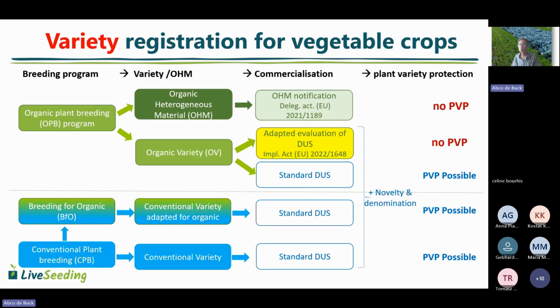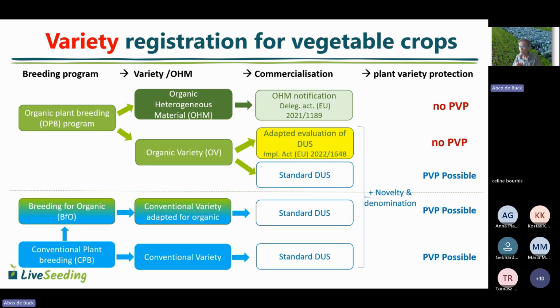Other breeders, specifically aiming at organic plant breeding, perform plant breeding from the first cross according to the definition of organic plant breeding. I am not going into those details, that has been discussed. I will go into the details a little later on, but for now I leave it like this. Organic varieties can come from an organic plant breeding program, and that's what we call organic varieties. It is not well defined in the legislation at the moment, but from EcoPB and LIVESEED we make proposals to get a clear definition.